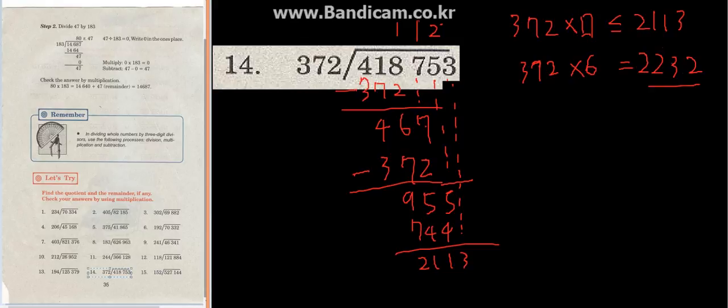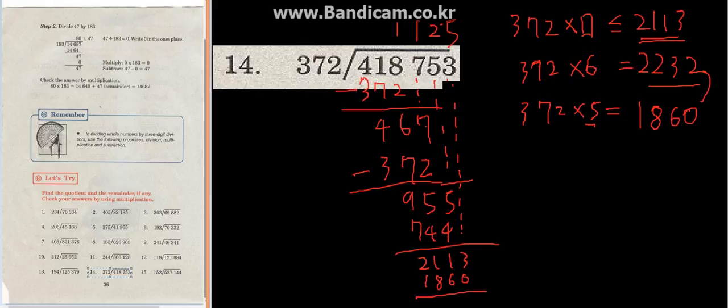And this number is a bit too big, so let's lower it to 372 multiplied by 5. This time it's going to be 1,860. Is this correct? Yes, this is definitely correct. So 2113 is between these two numbers. So we will happily write down 5. And it's going to be this number. So if you write it down, this is going to be 5, and this is